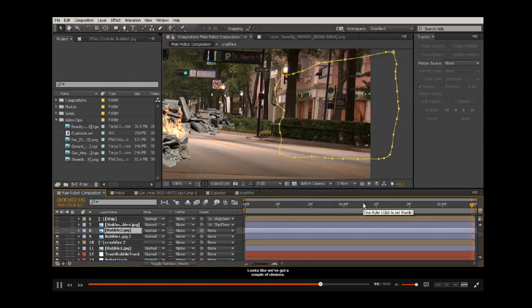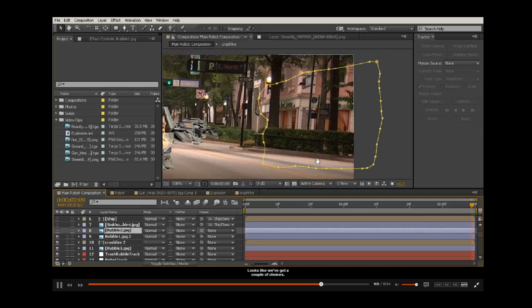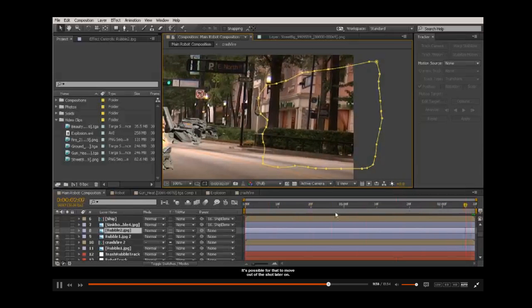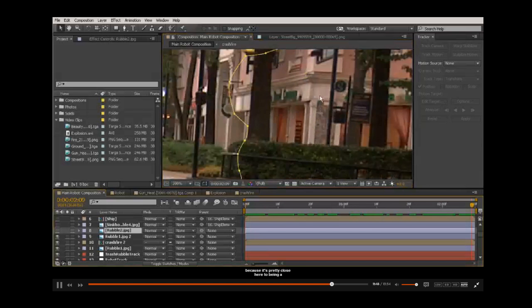Looks like we've got a couple of choices. I think that this little G on this sign would probably work really nicely, or we could maybe do this little spot right here. However, you do need to keep in mind that it may move out of the shot. It's possible for that to move out of the shot later on. So I think what we should do here is probably do this G, because it's pretty close here to being